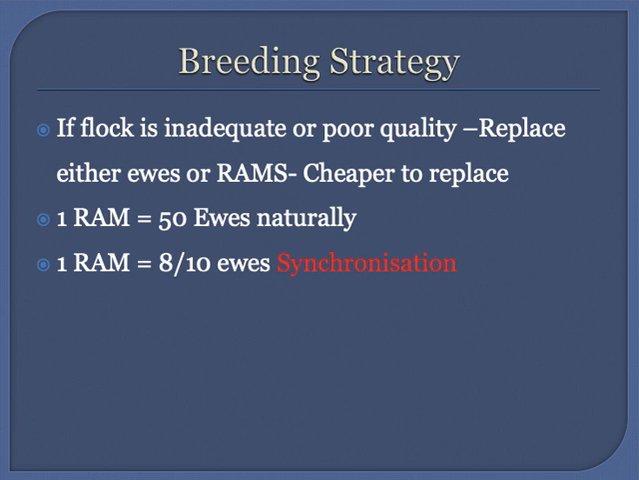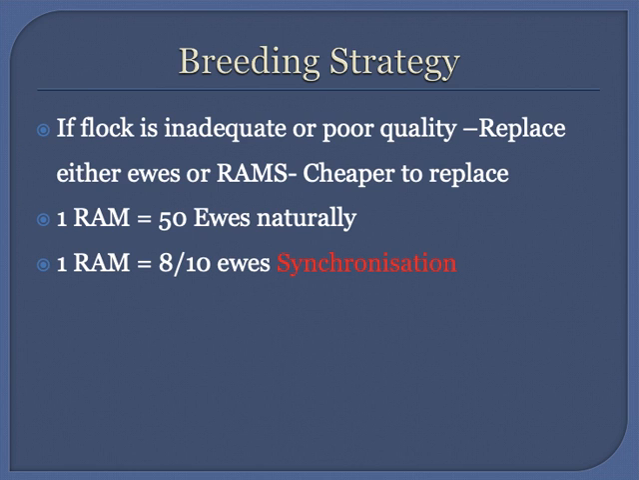Now, breeding strategy then. If you happen to have a flock that has poor quality, if you're noticing that you are, for instance, not getting great prolificacy, or that there tends to be problems with mothering ability, you can either replace the ewes or you can replace the rams. Now, it's actually much cheaper when you think about it to replace one ram than it would be to replace a load of your ewes,